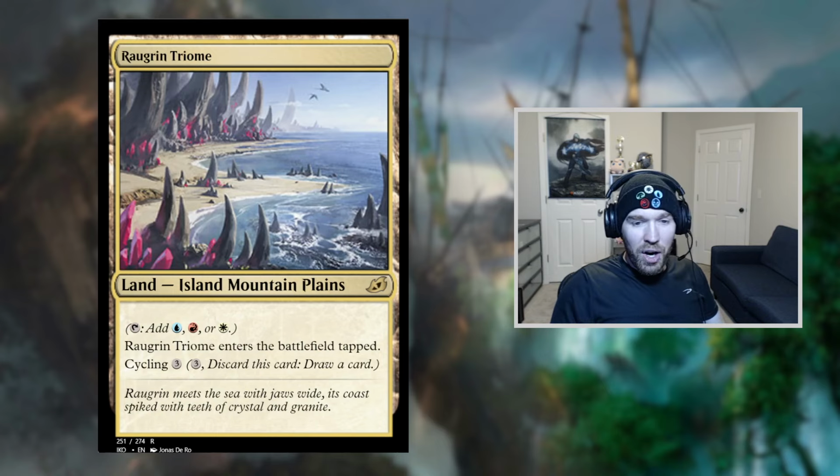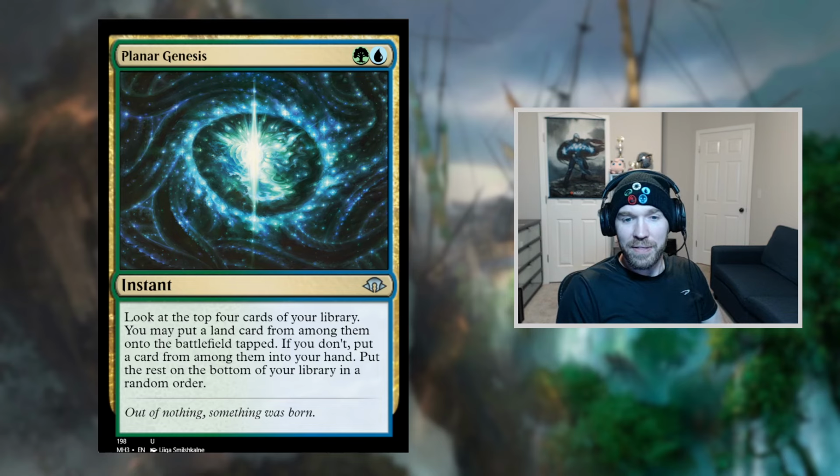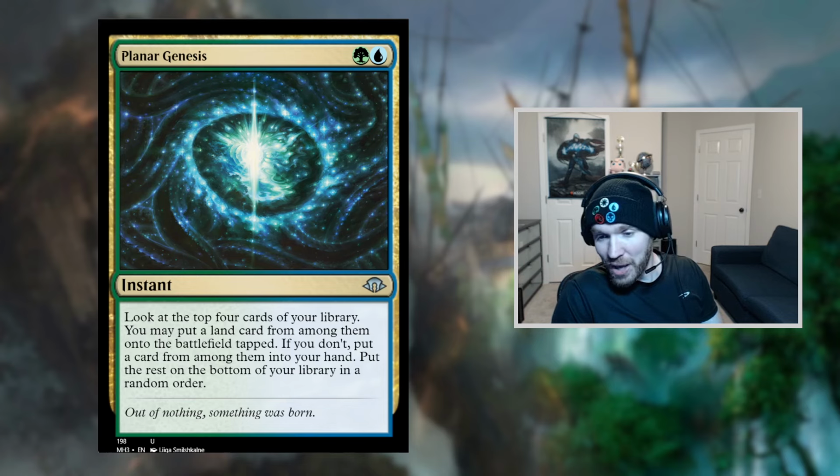Now, the new card that really got my attention for this deck was Planar Genesis. I saw this card, I was like, oh, it goes right in this deck. It's a perfect fit. Because decks like this were usually playing an old card called Growth Spiral, which was the same cost, same kind of card. You could just draw a card, and then you can put a land from your hand onto the battlefield. The problem with that is if you don't have a land in your hand, then you just draw a card